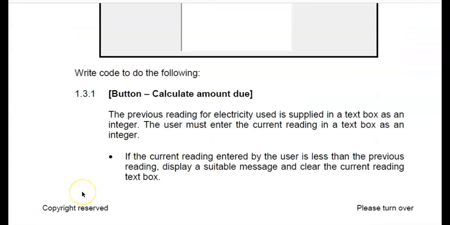Let's move on to the next button, calculate amount due. The user is going to enter a previous reading for electricity and then the next one, the current one. And you have to determine what they owe. So first they say